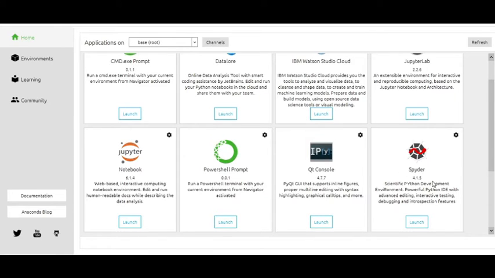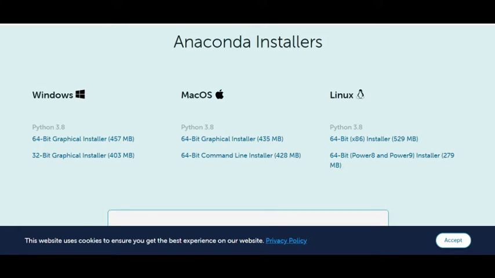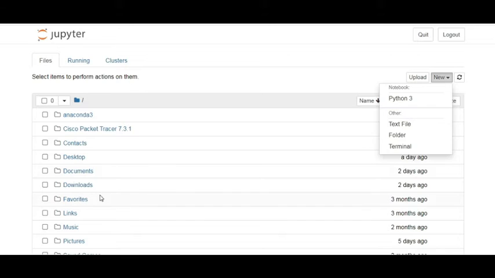Those people who are working with MATLAB will find it much more comfortable with Spyder. If you want to study and understand from the basics, it's better to use a Jupyter Notebook, which is a web-based and interactive computing notebook environment. So after launching this one, it will launch with your default web browser window like this.